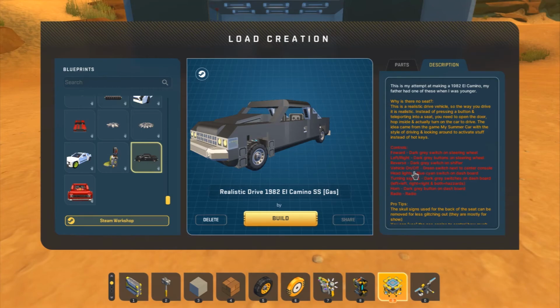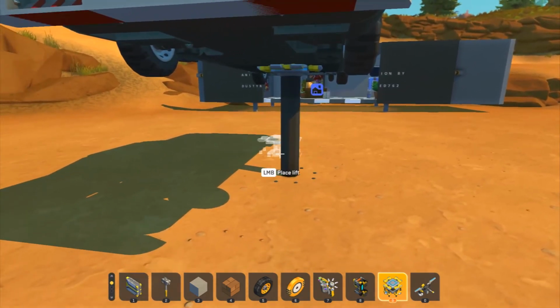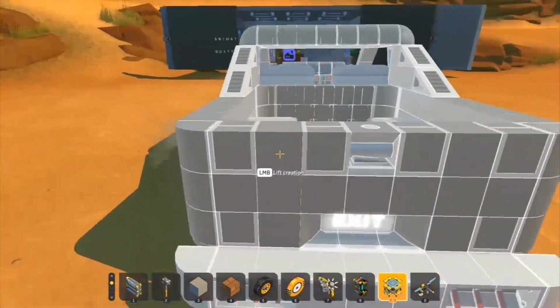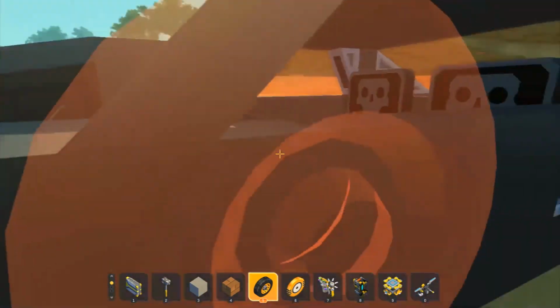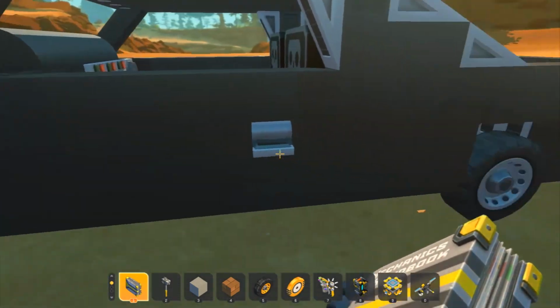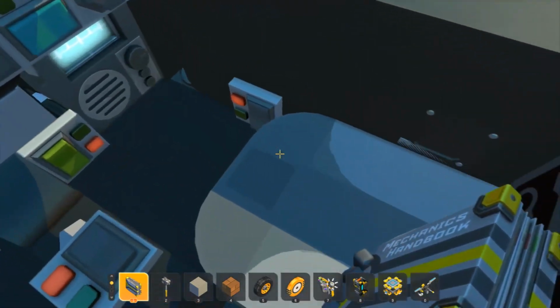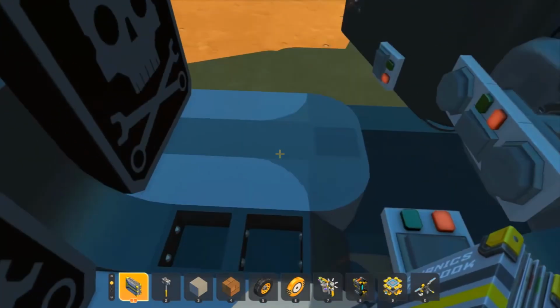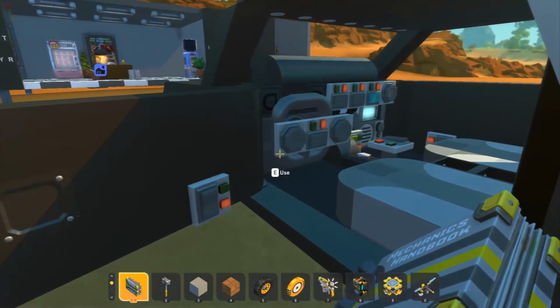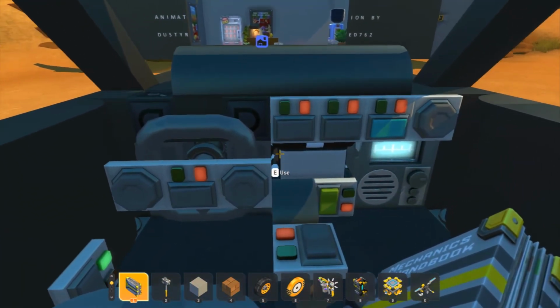Controls are the usual. Now, cool thing about these realistic or real drive vehicles that they make is they don't use a normal seat, as you can see. There's no seat. Like, I can't actually sit in it. I can only crouch. Reason for that is you drive it like a normal car. So you get in, close the door,